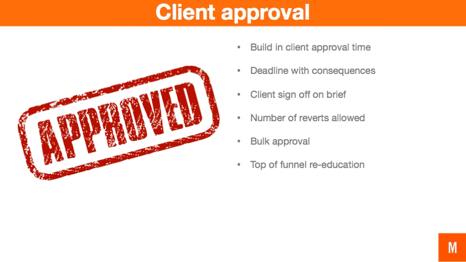Then always make sure the client signs off on the brief. If they don't sign off on the brief, they're bound to have issues with the content that's being produced because they're going to want to change things fundamentally. Also, when sending off the content for approval, tell them how many reverts are allowed. At Endpoint League, we allow one revert on the piece of content. Then we allow another revert on those changes that were initially requested. So they can't go and make new changes to something that they signed off previously.